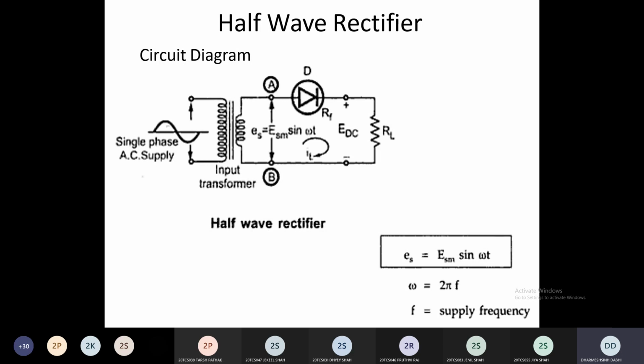We already discussed this in the practical hours. Okay, so is it clear to all of you how to get this circuit diagram and how to get the output voltage by using the half wave rectifier? Is it clear to all, or should I repeat again?